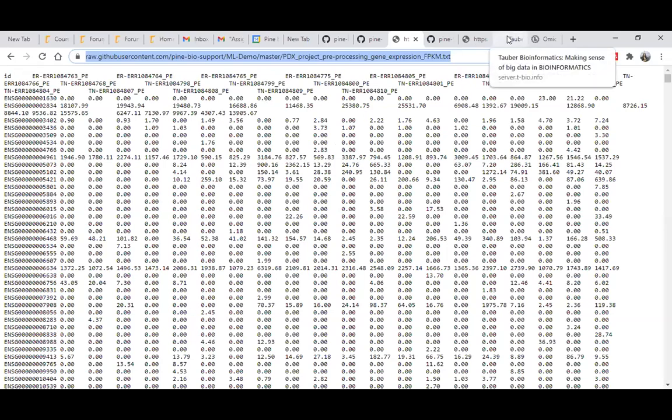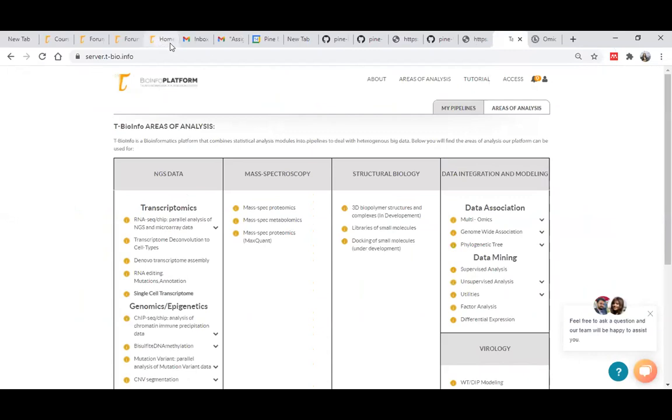That's great. So now if you log into the server TBinfo, okay, I'm posting the link. This is the link for the server where we are going to perform quantile normalization and log scale transformation. So once you're able to log in,